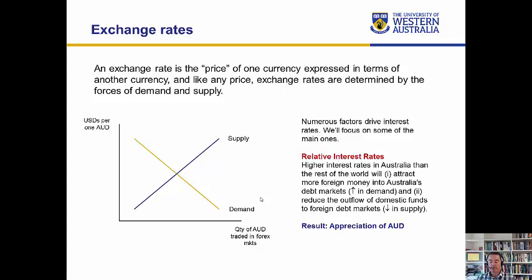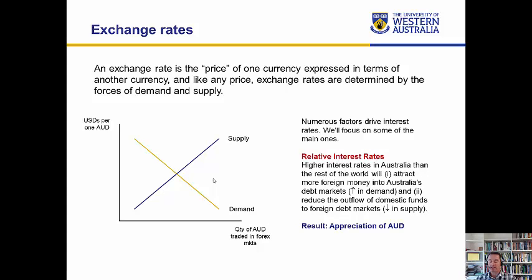So as foreigners are sending their money into Australia and swapping it from yen and euro and US dollars into Australian dollars, at that point it creates a demand for the Australian dollar in the foreign exchange market, and so this demand curve shifts to the right. You need to be able to illustrate these major causes of exchange rate movements and support them using a diagram like this. The second thing that's going to happen is, because interest rates in Australia are now higher, less of the money that flows out of Australia actually flows out. So there is a reduced outflow of money, and so more domestic